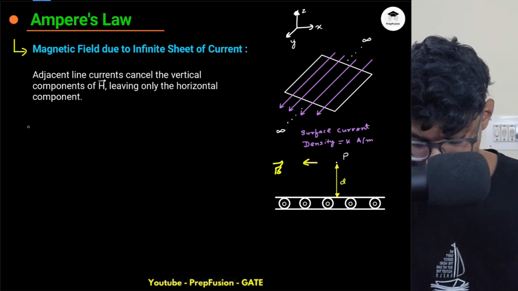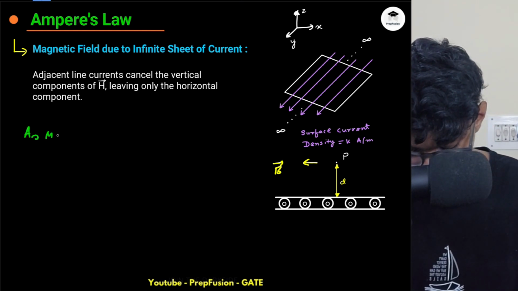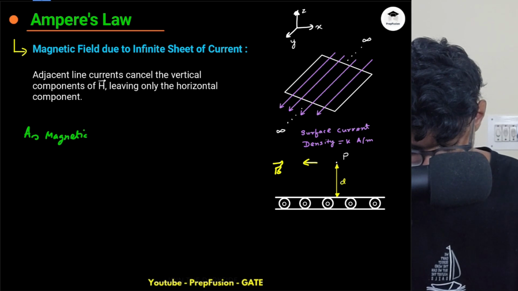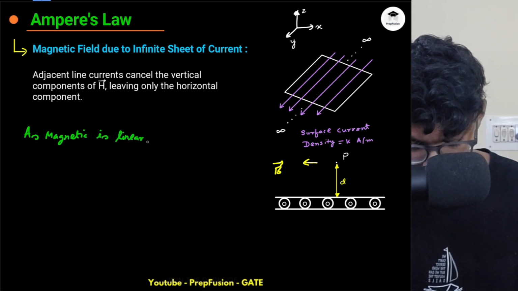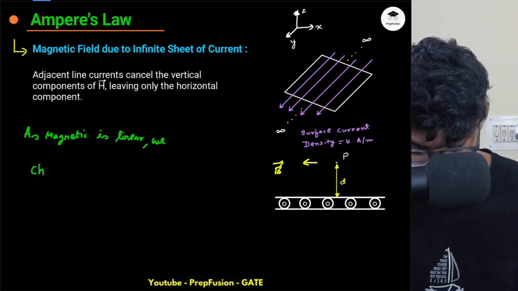Again, I will say, as the magnetic field is linear, we choose,